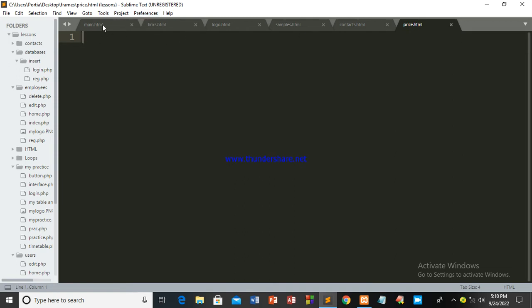If you check here, I've got 6 pages. The first one is called main, and it's still blank because I haven't written anything, so I'll show you guys from the start. Then I've got this one called links, and the others: logo, samples, contacts, price. You can see that I have saved them using the extension .html. So to begin with, let's go to our main